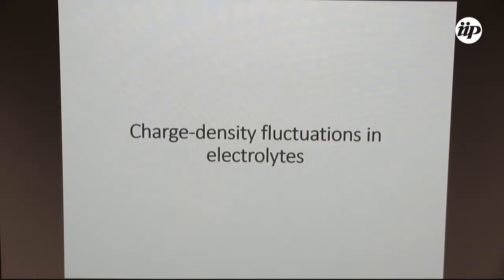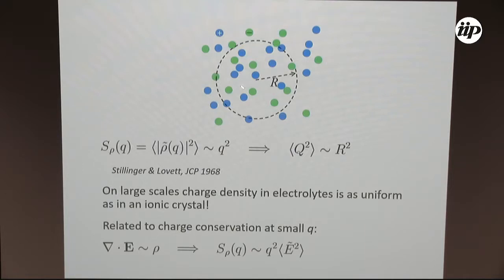Now I'm going to show an example that is actually known to be hyperuniform. I'm just telling you this example in order to have an analogy to the sedimentation problem that is slightly more complicated. So we are talking about electrolytes now. An electrolyte is composed of positive and negative ions in water. And instead of talking about the structure factor of all of the ions, let's talk about the structure factor of the difference in density of the two ions, which is the structure factor of the charge density. So I will call it S rho. This is just, again, the Fourier transform of the two-point correlation in the charge density. And here the average is a thermal average.